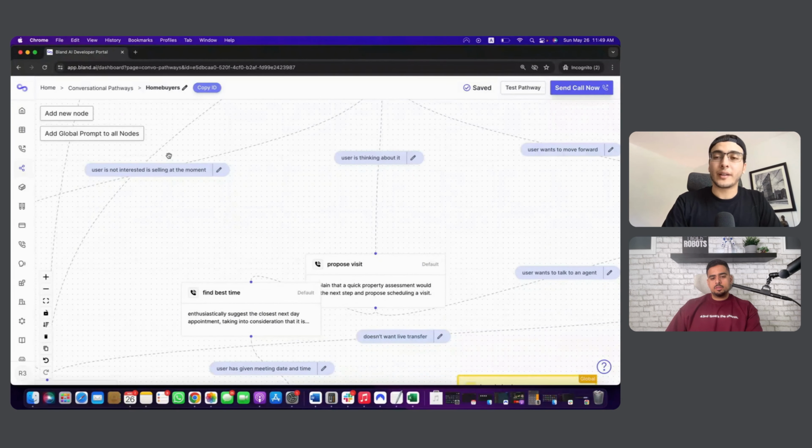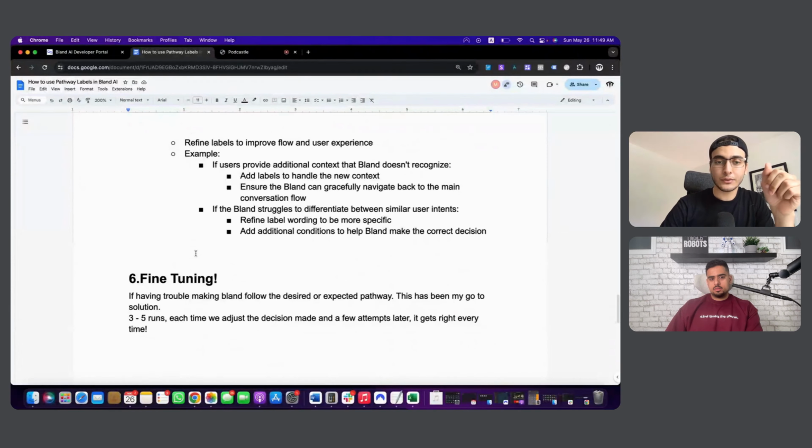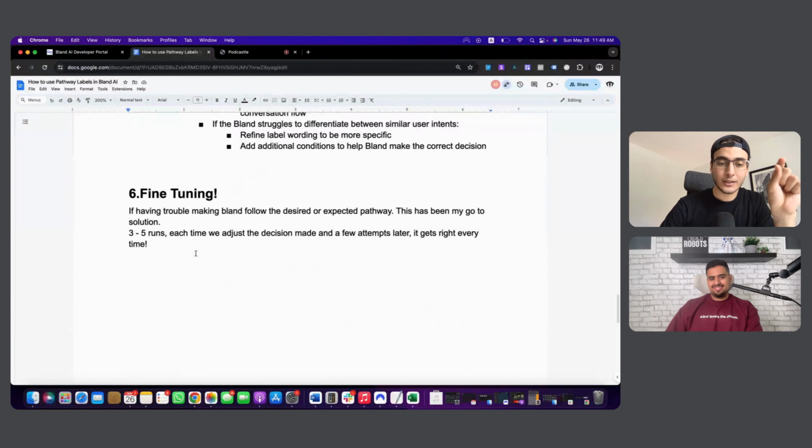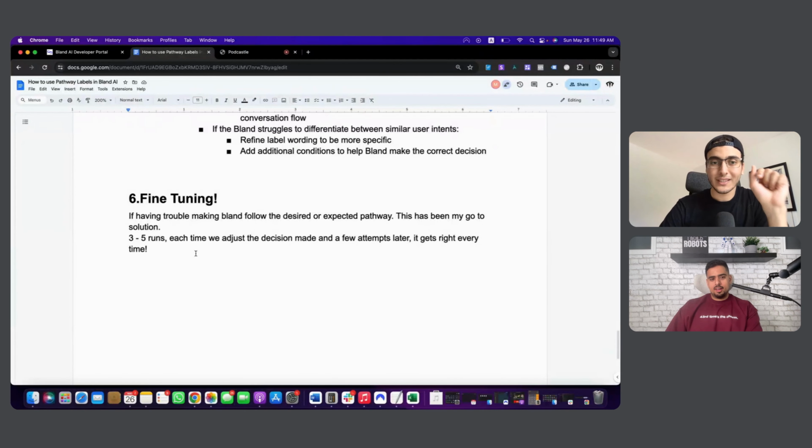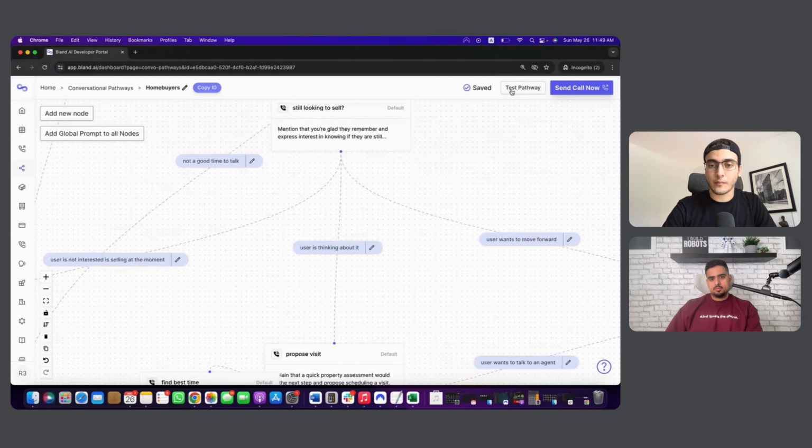So I think if I just jump in here, test and iterate your labels. But the part that you're going to like, Mark, is this: fine tuning. Fine tuning is the secret sauce to this, because this allows you to account for nuance, like what you just said. And basically, what we do, or what fine tuning is, you'll have